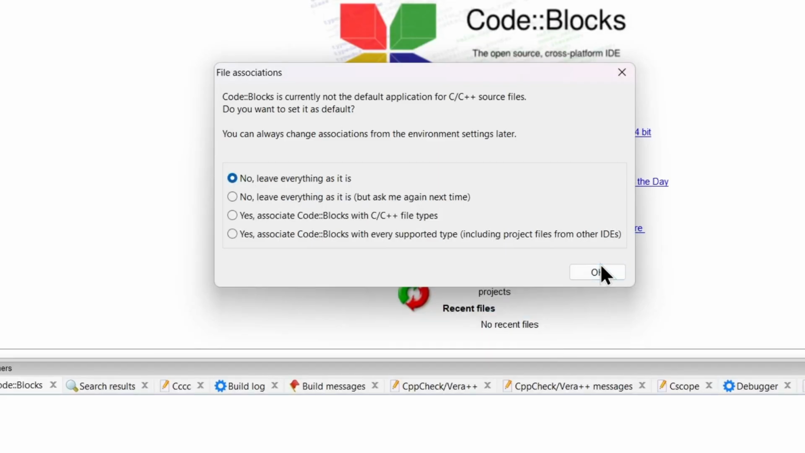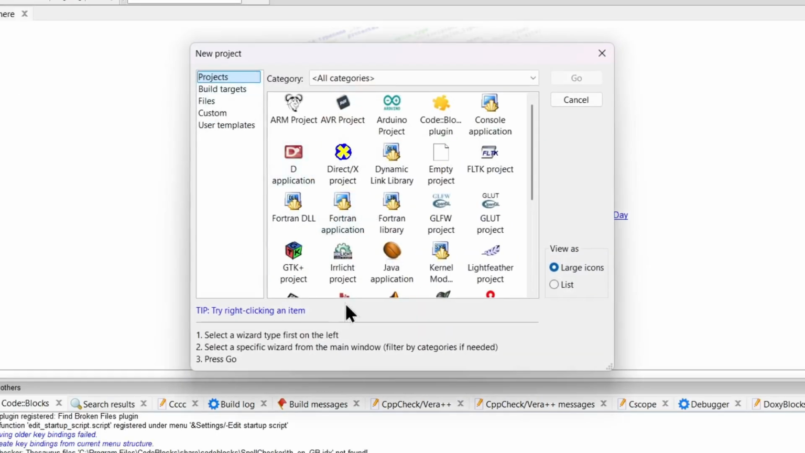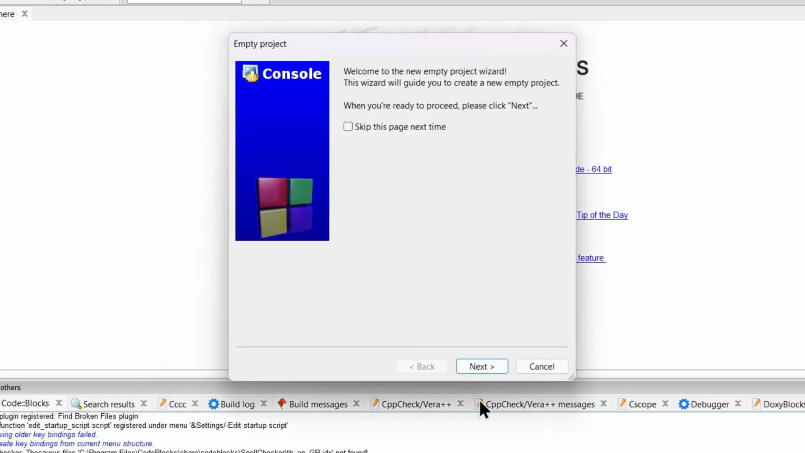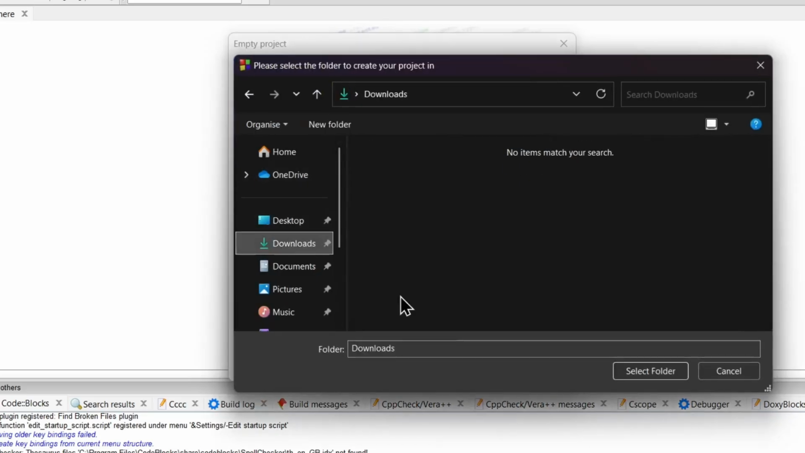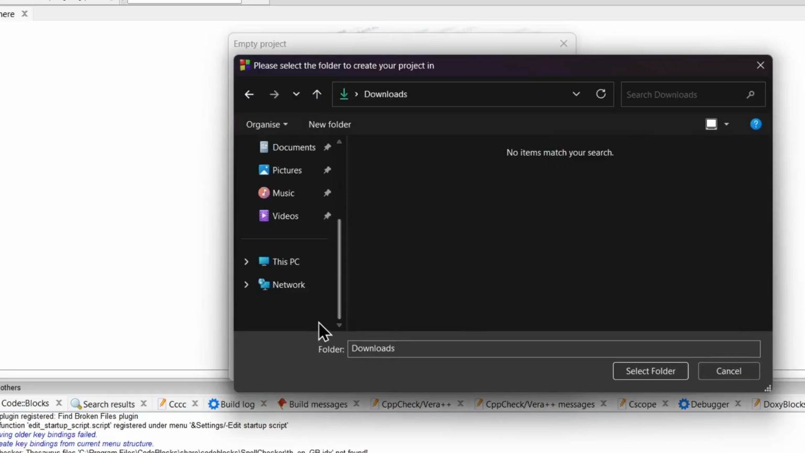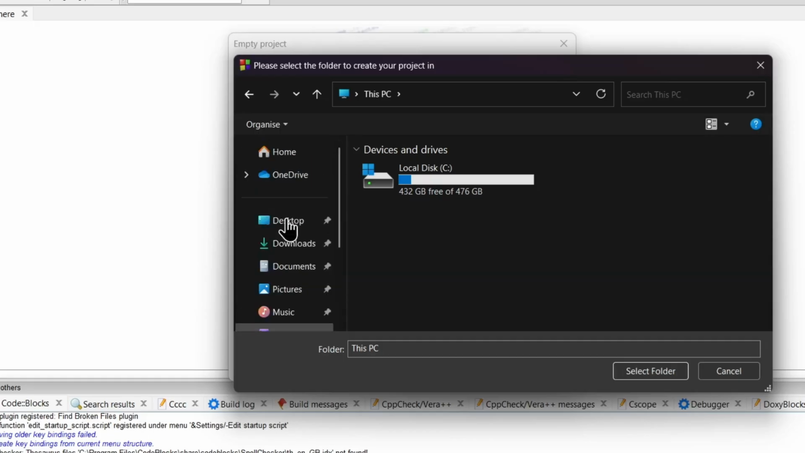Now click OK. Now let's say I want to create a new project. So I'll click here new project, and where actually I want to create the project. So I'm going to click here empty project, and I'll click here go. Click here next. In project title, let's say test project. And where actually I want to create the project, so we'll actually select it to downloads. Okay. For now, if you want to select it for another drive, let's say you have multiple drives, D drive, E drive, then you can actually select those drives